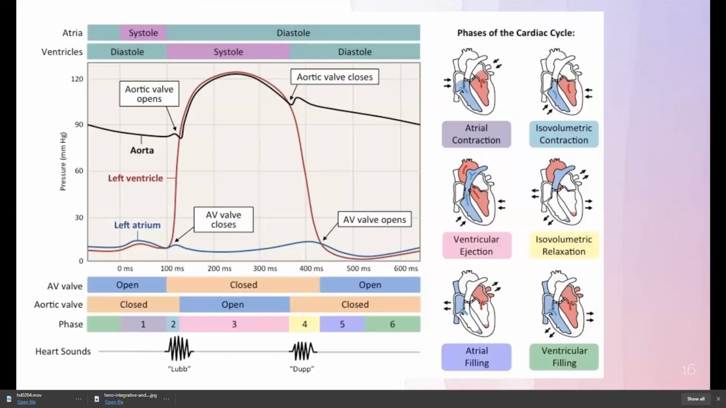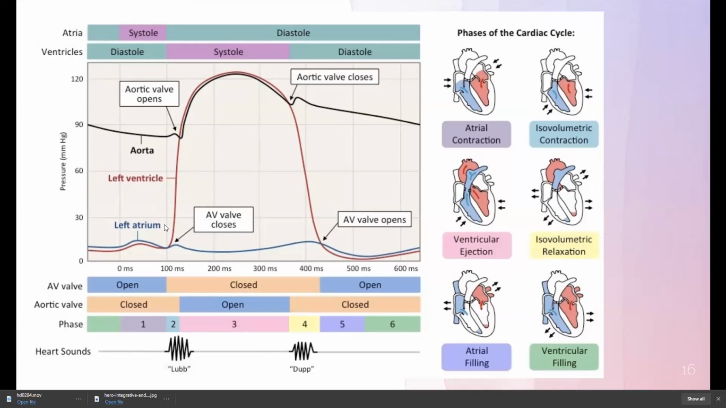This is a good cheat sheet kind of thing, a study guide. If you understand everything that's happening in this graph, and you've got the different valves, the phases, and even the heart sounds there for you, if you can understand this graph or any similar graph that shows the pressure of each one, like the aorta, the ventricles, the atrium,